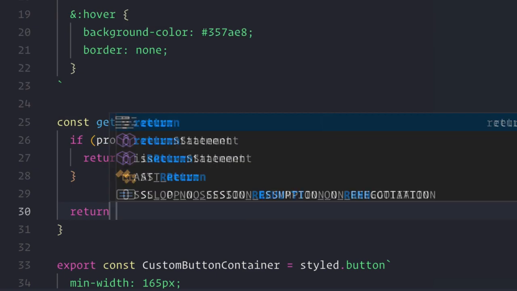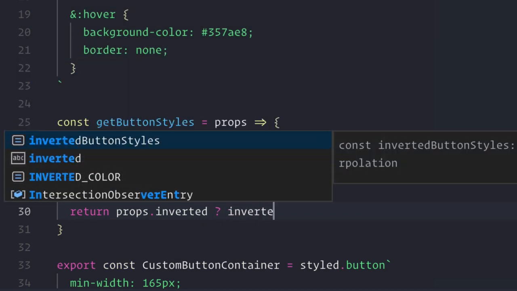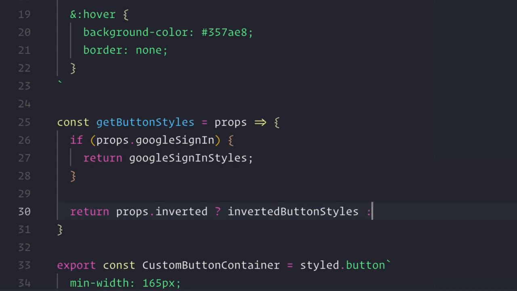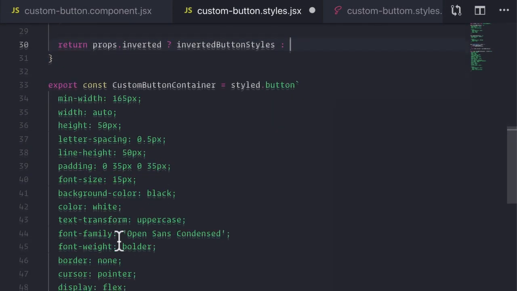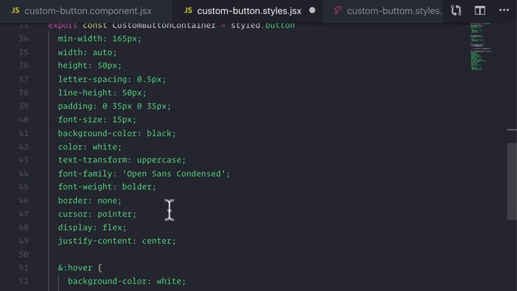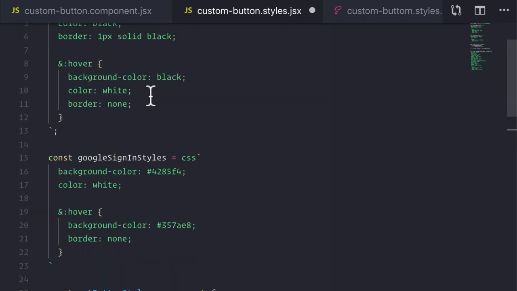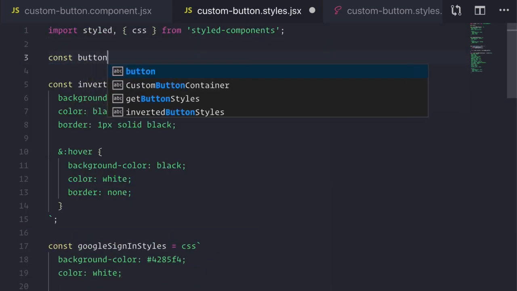Otherwise, we want to check props.inverted. If this is true, then return invertedButtonStyles. Otherwise, what we want to return is nothing, or our base styles. So what we can actually do, in fact, is make this a step further, because now we can leverage this. What we will move out is the styles that are conflicting with our inverted button styles. So we can say const buttonStyles